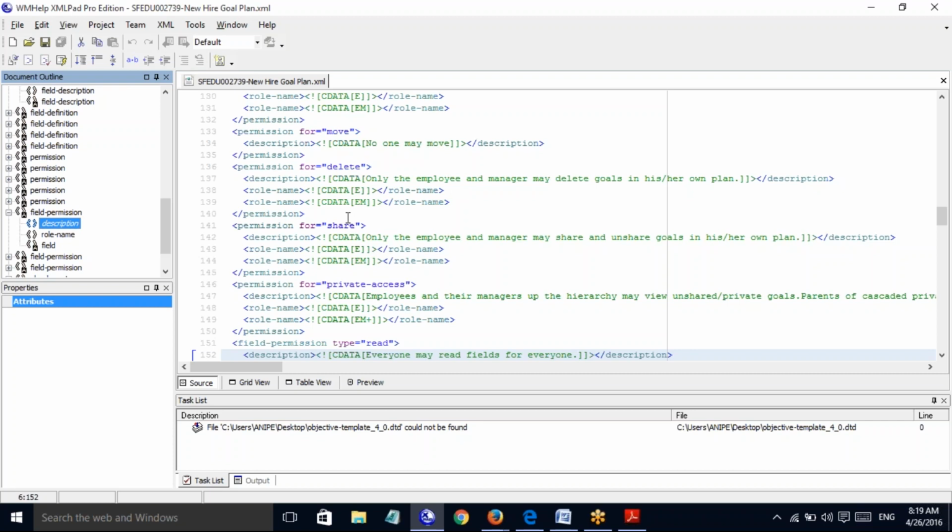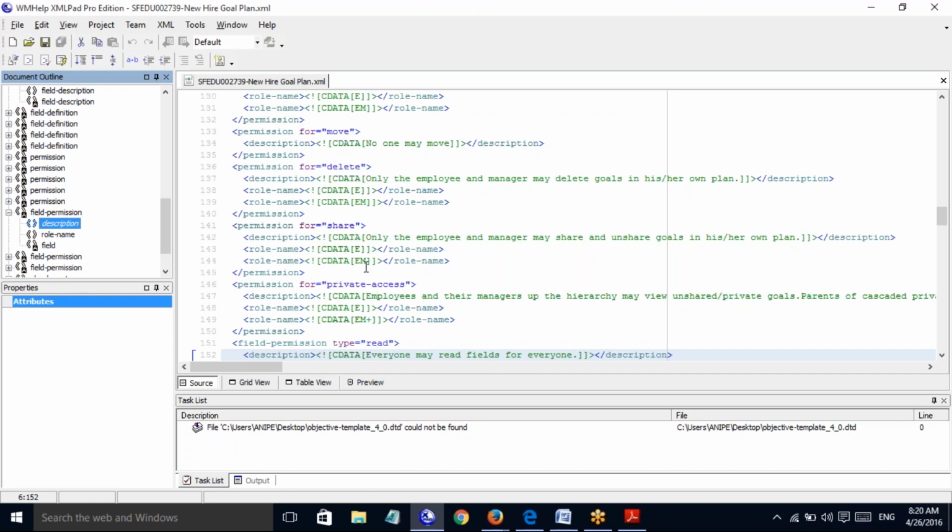For example, if you are going to set up the role for every employee, what do you need to set up here within your bracket? What is that? Do you all remember the succession data model I have explained? We need to connect every topic. No, you have to give a star. You have to give an asterisk, which applies that every employee will be able to have permission to share this goal plan template. Do you remember E stands for employee, EM stands for employee manager, EMM plus plus star.